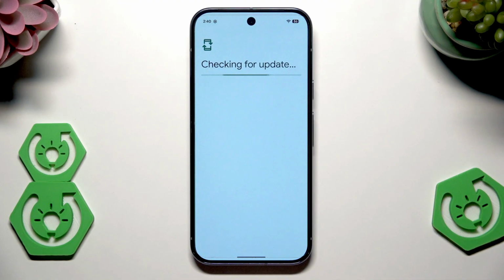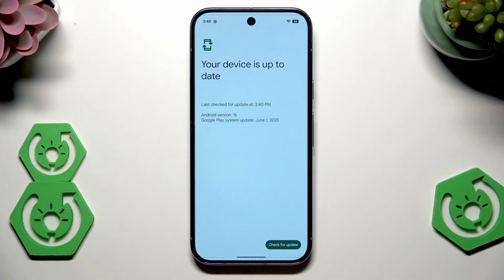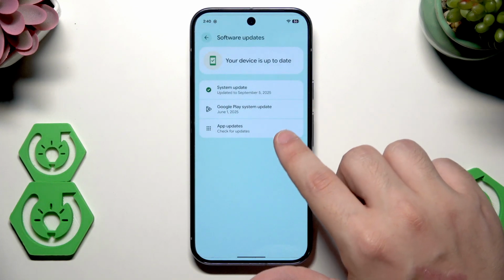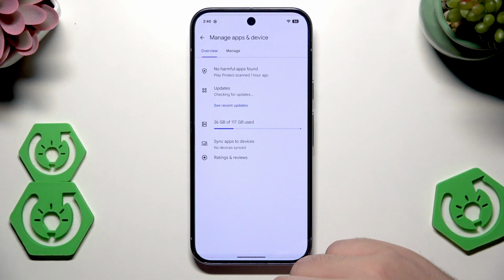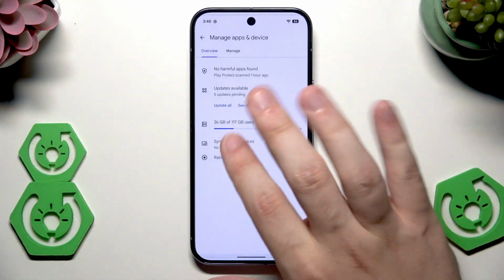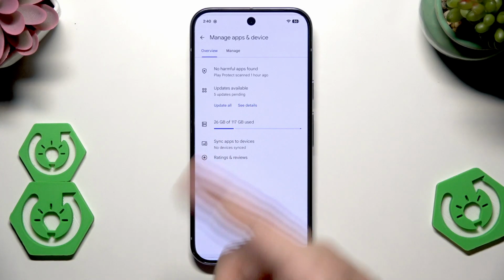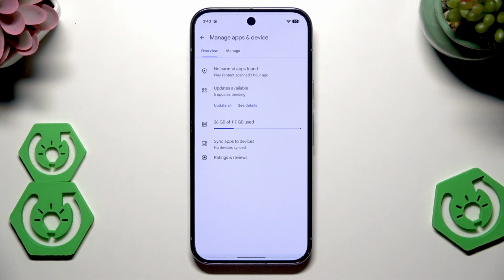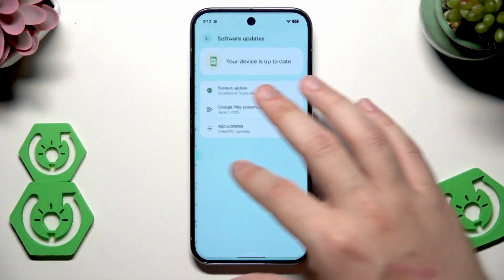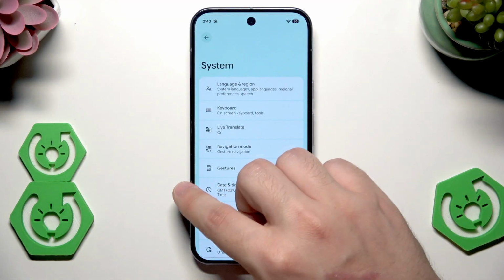Same thing with the Google Play system update. It's always worth checking, do you have the latest version? Okay, and same thing with the updates for the apps. In my case, as you can see, I can update 5 apps. I won't do it now, but if you have that possibility, you should do this as soon as possible. Also, when we are sticking to apps currently,